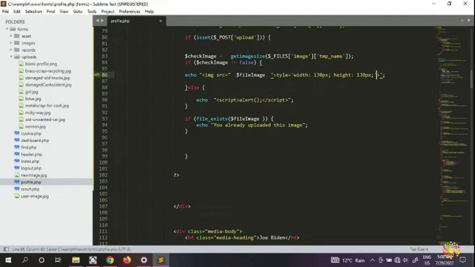Keep in mind, it's like electricity: if you have plus and plus, it's going to backfire, or minus and minus. So if you have a double quote, then you can't have another double quote, because PHP is going to read from here and from here. But if you've got style or width or something, you need to put it inside the single quote. If you want to change this one, you don't even need the style here with the PHP, for example with the HTML, because HTML also has width and height. So all you need to do is remove this one,